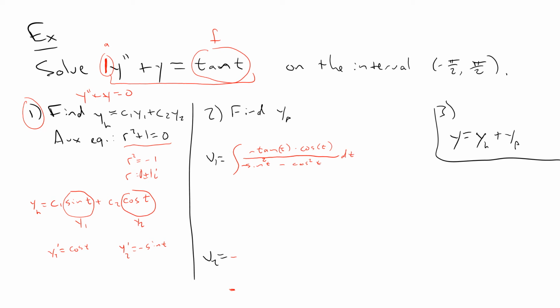So in this case, the whole thing in the denominator, that a times y1, y2 prime minus y1 prime, y2, it's actually going to simplify quite nicely, because if I factor a negative sign out, or cancel with the negative sign that I have on top, I have sine squared t plus cosine squared t on bottom, which is just 1. So this integral is going to simplify to tangent t times cosine t,